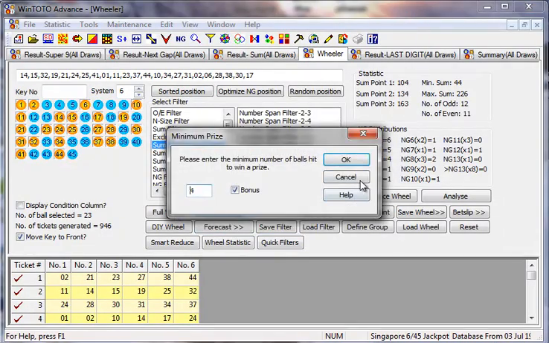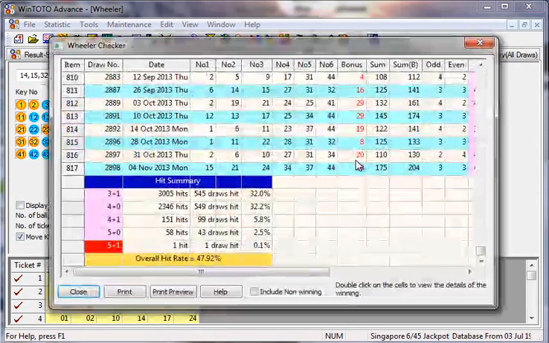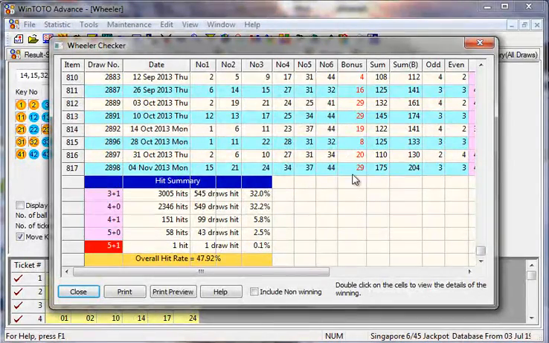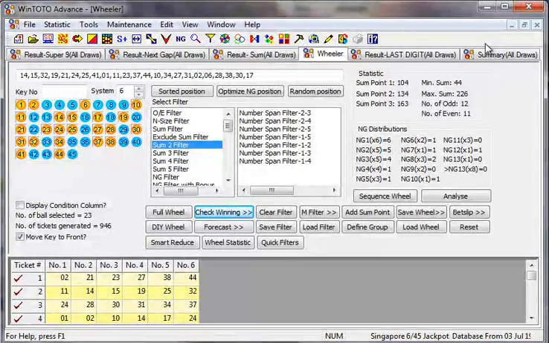But if you check the winning from 53%, it barely drops, less than 8%. Let's take 53 minus 47, which you can see here, 0.92. So it's about 5% different. But not forgetting that the amount you saved is over $600 just by using the quick filter and the smart reduce.